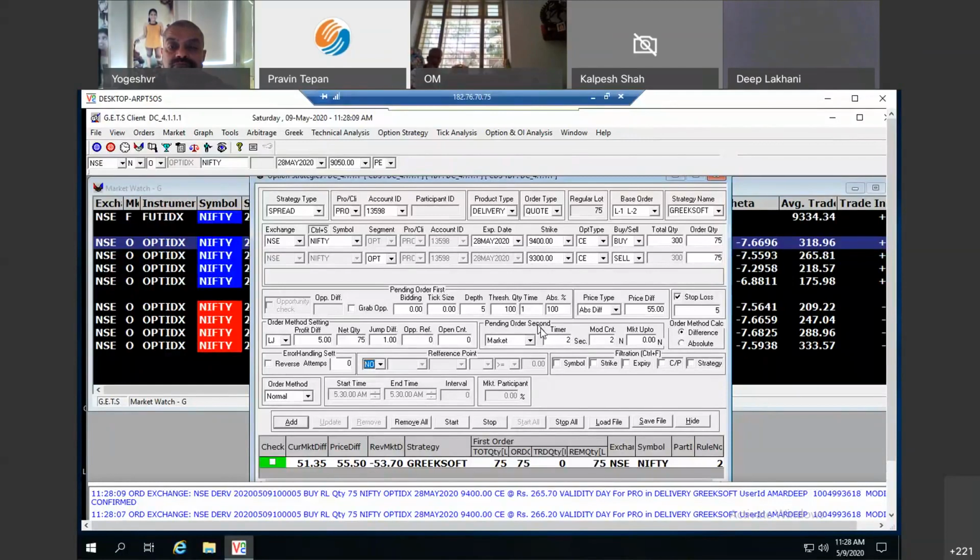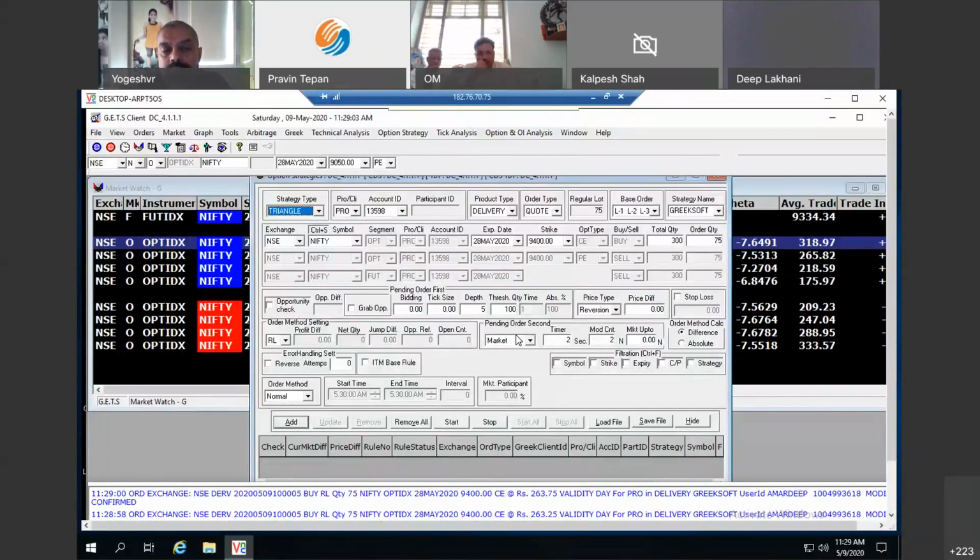So in that scenario, what we can do is we give a setting that within 2 seconds, try to modify my second order twice and then do it as per market. So this depends on you, the trader. From trader to trader, how aggressive or passive he is, he can choose different settings. Someone can wait for long, someone just waits for 1 second, and the second leg gets executed as per the mandate.